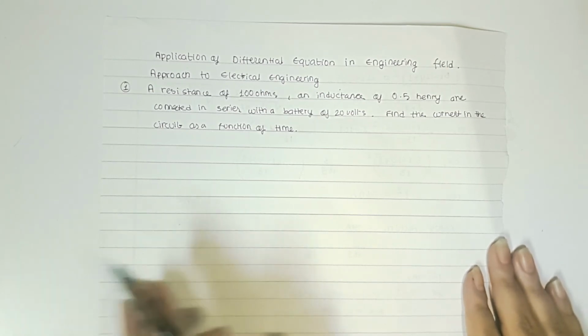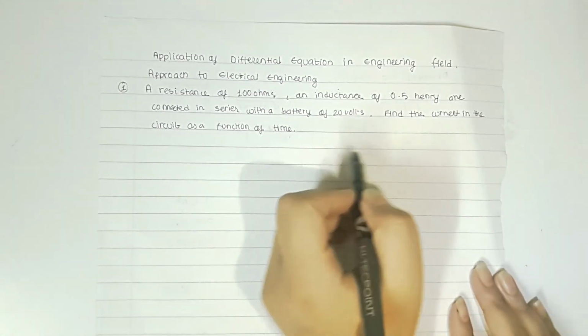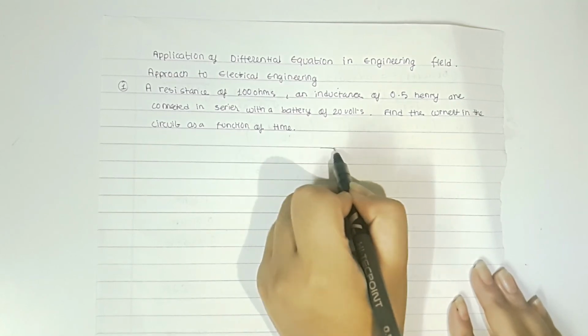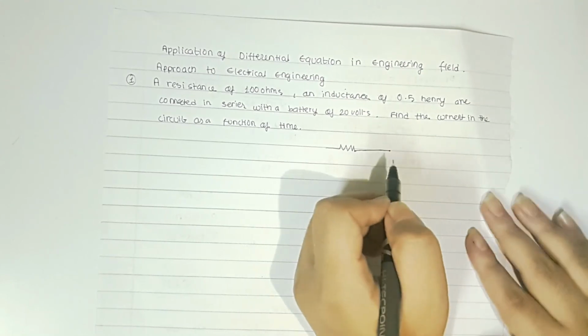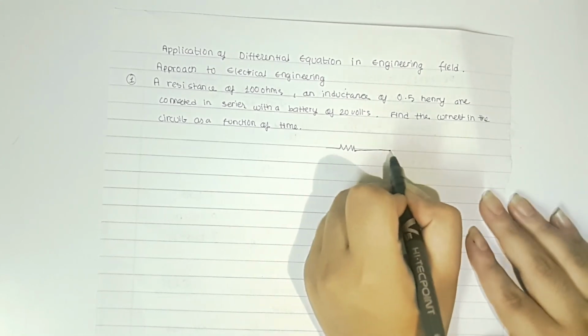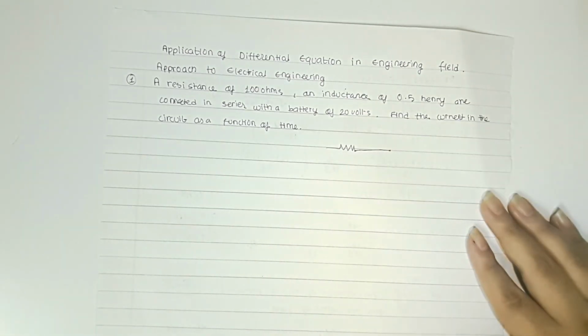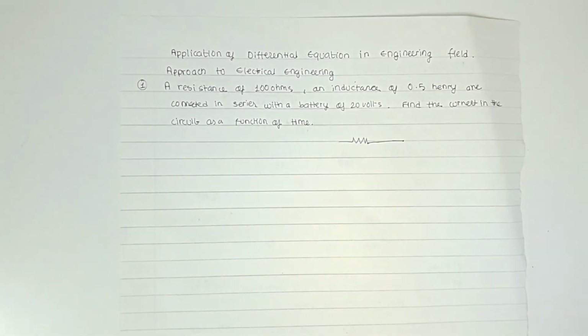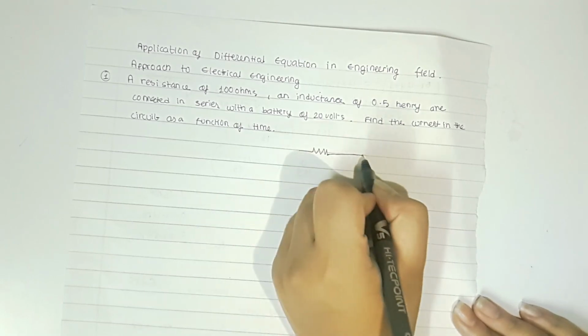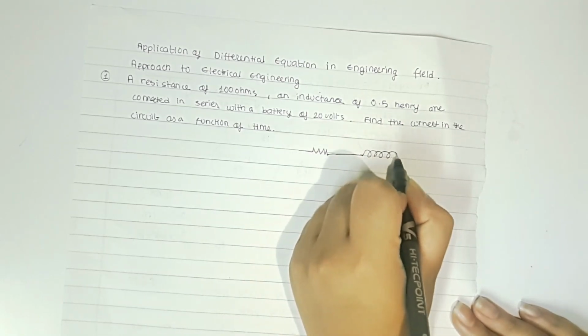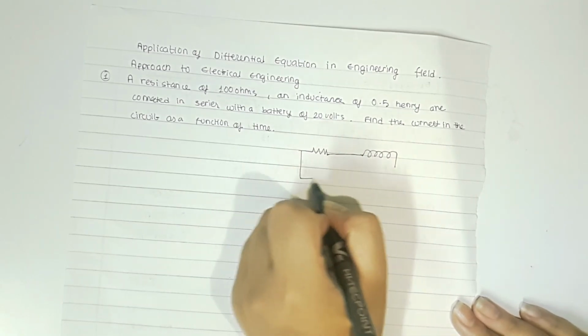Find the current in the circuit. So we can see that it is given that the resistance and inductance are connected in series with a battery